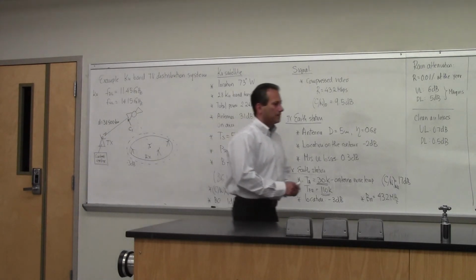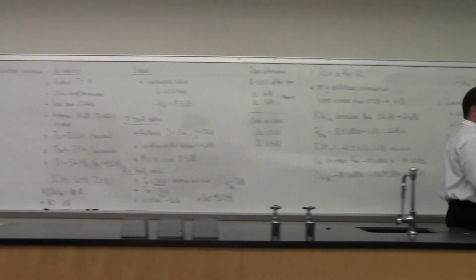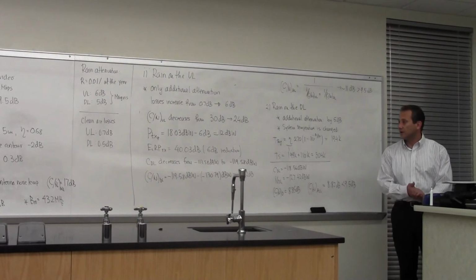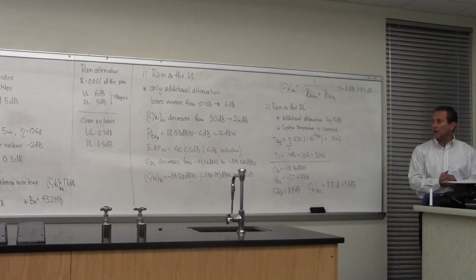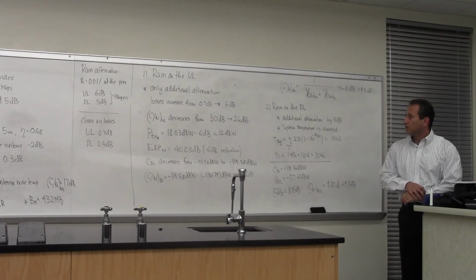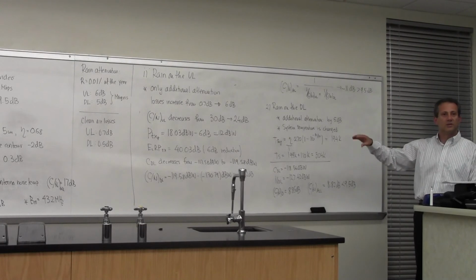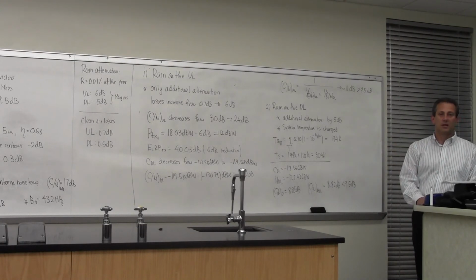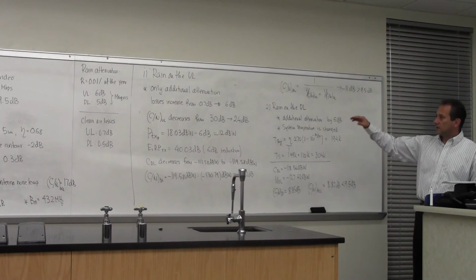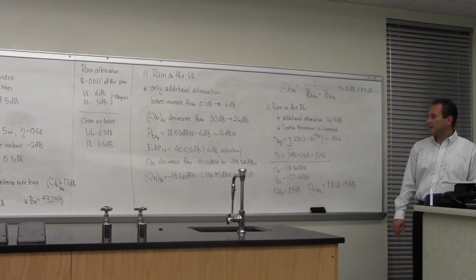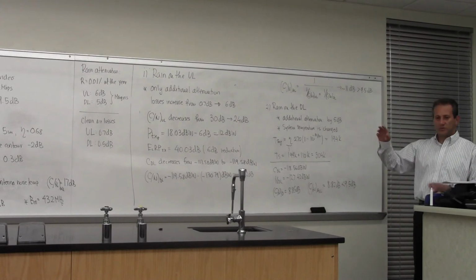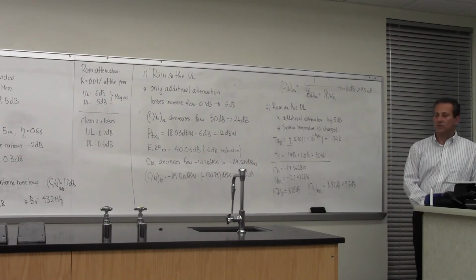Now, the way I just did it is rarely done that way. What I have included, and I would like you to do before the next class, is a spreadsheet in the folder with the class that has all of these numbers. It implements all of these equations, and I think it's much more accurate than what I did here on the board. And it will allow you to see what happens when you change some of these parameters